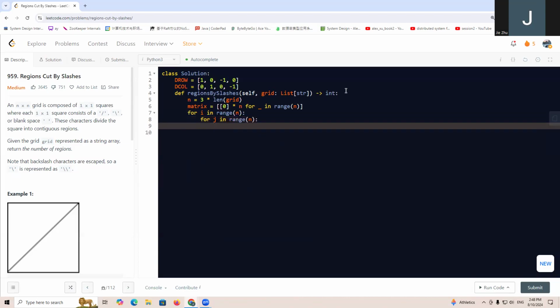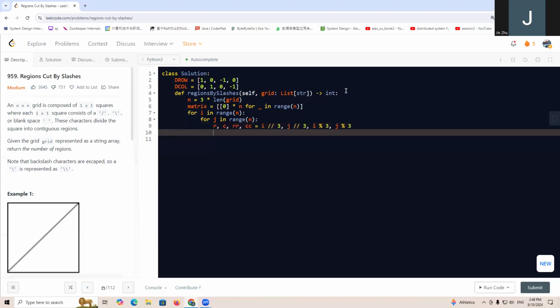Then what we do is that we are going to have r, column, right, equals i divided by 3, j divided by 3, and i mod 3, and j mod 3. Okay, so what it is that if grid r, column, right, equals